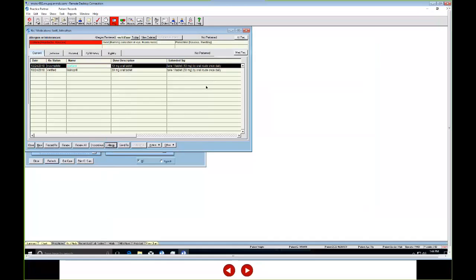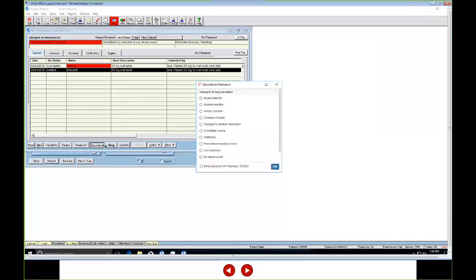One of the last things that I'd like to show is that if I highlight a medication and click discontinue, we are able to see that discontinue medication screen pop up. This is the enterprise discontinue reason screen. And again,